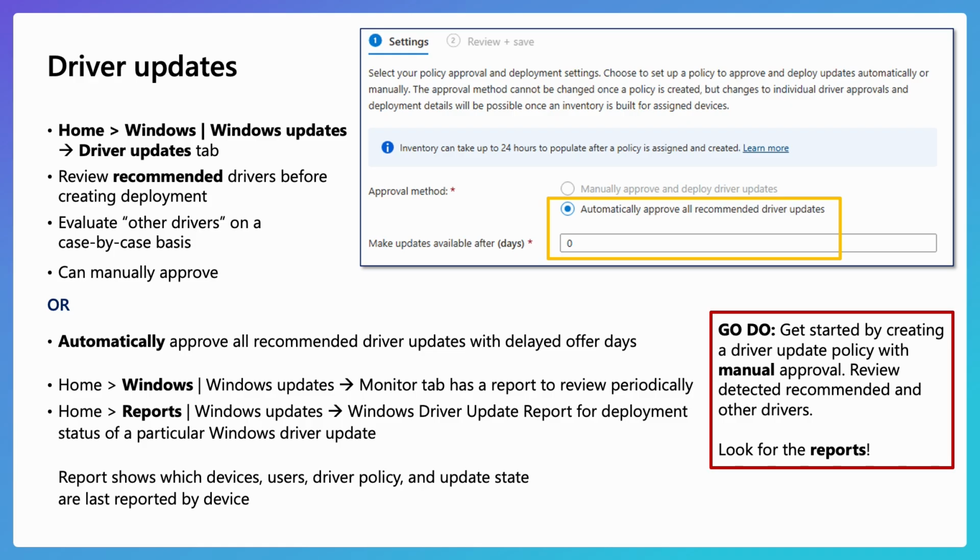Let's jump in. So we've made it pretty easy for you with Intune. When you opt in for driver updates, it's just a checkbox now. But what I recommend is not to blindly approve all updates. You can if you like, but at least have a deferral if you're going to automatically approve recommended driver updates. The thing to do for your go-do here is create a driver update policy, but set it to manual